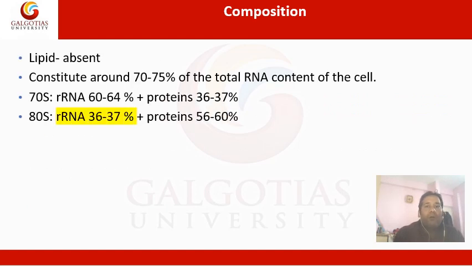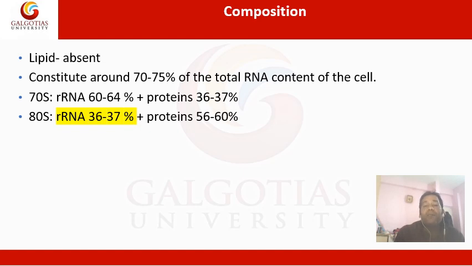Now, if we see the composition of these ribosomes, we will find that lipid is totally absent, and they constitute about 70 to 75% of the total RNA content of any cell. These ribosomes, as we know, are of two types. One is the 70S type, predominantly found in prokaryotic organisms and also present in certain organelles of eukaryotes like mitochondria and plastids, and they mainly consist of ribosomal RNA, around 60 to 64%,